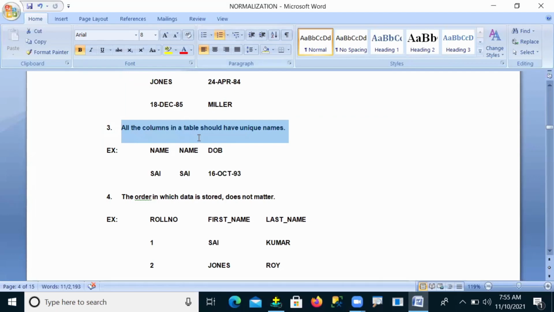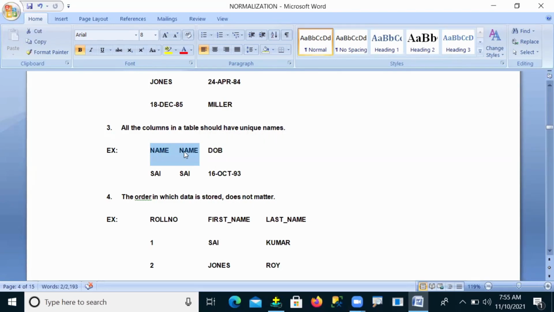Now we can see here you have a name column, and you also have a name column and a date of birth column. So two columns here, name and date of birth. But can you see here the name column and the name column?